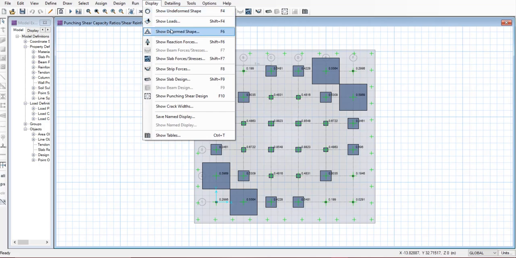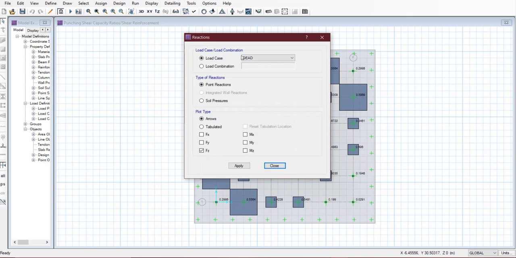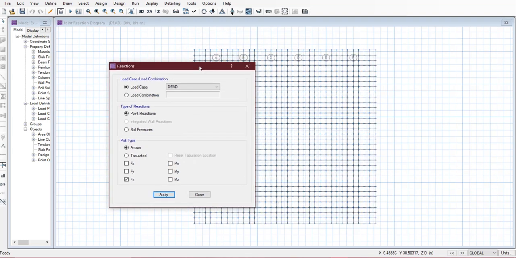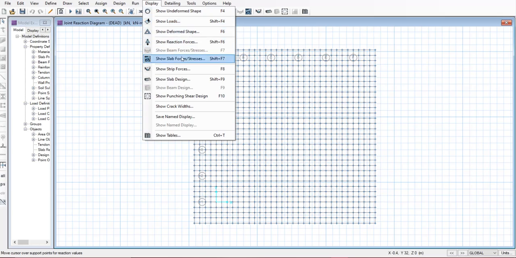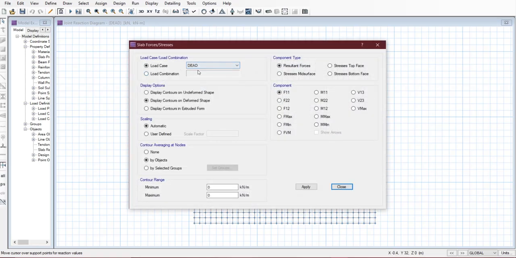To display the reaction forces, go to display, show reaction forces. To show the slab forces or stresses, go to the following, and then select.